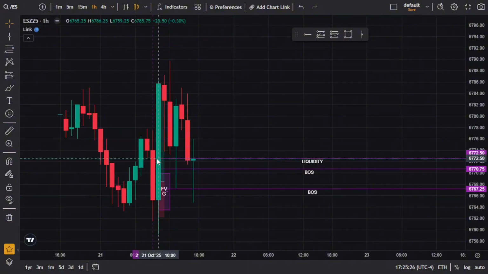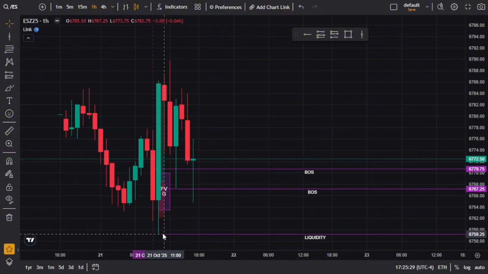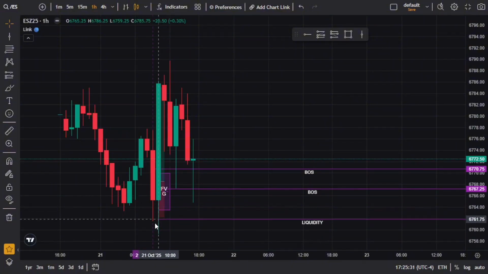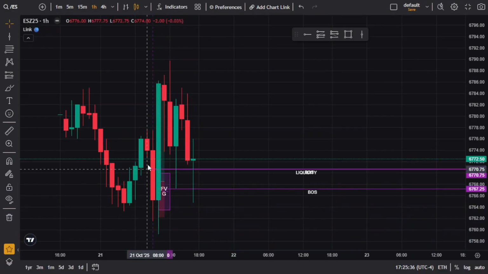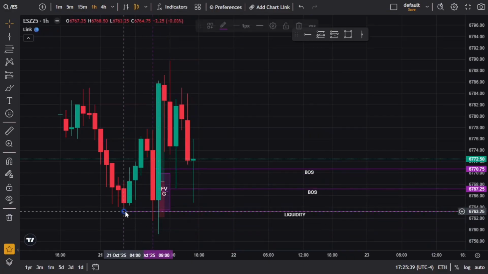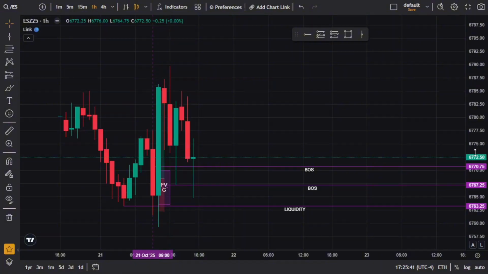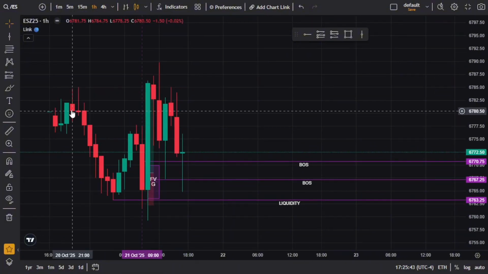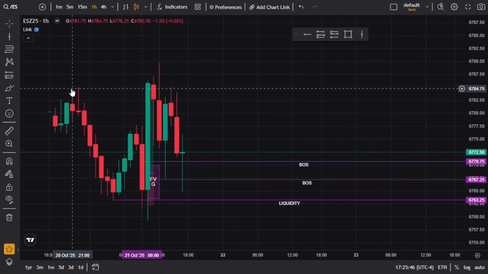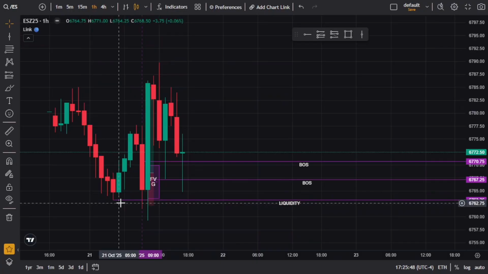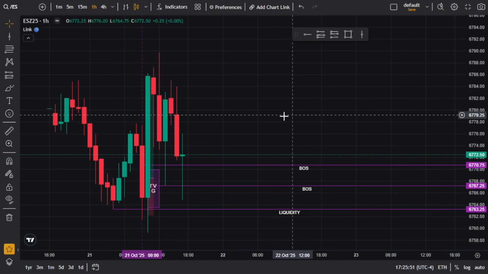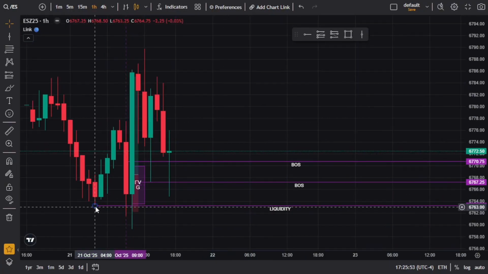Oh, here's an example. Well, if this is a low, don't you mark out the red part since it's a move down, then a move up? No, it doesn't matter. In these two candles, it's the lowest wick of these two candles, because these two candles act as one because it's a low. So yeah, a high is a move up, then a move down. Our low is our move down, then a move up, right? So we're going to mark out our liquidity on the 1 hour.